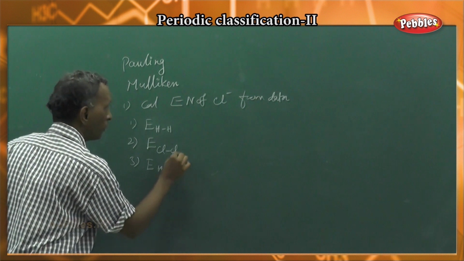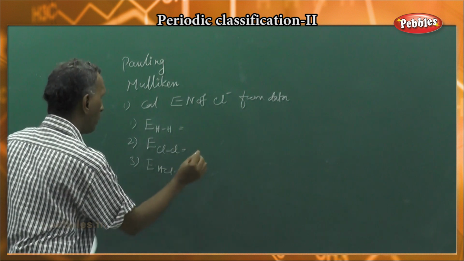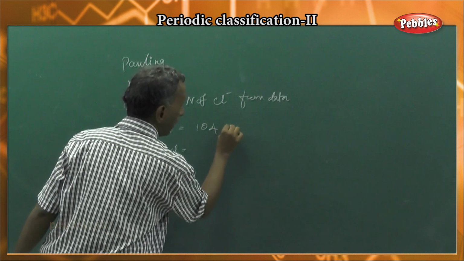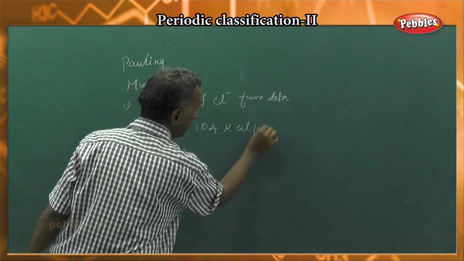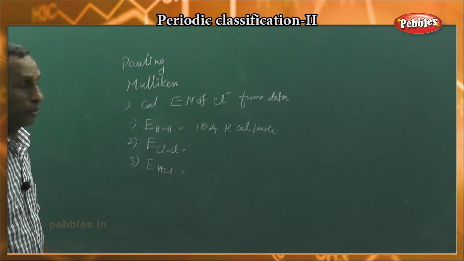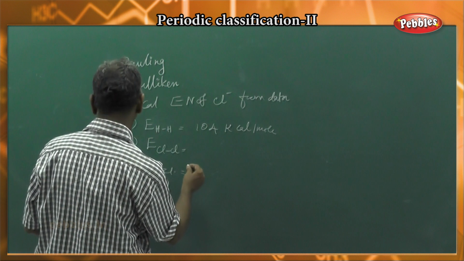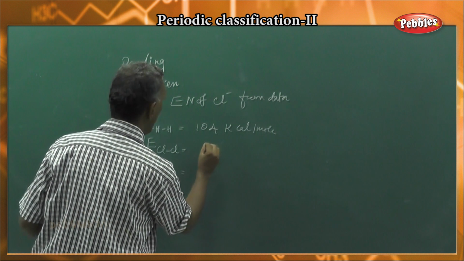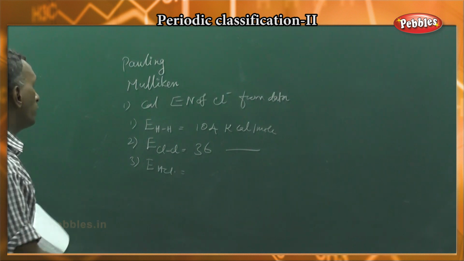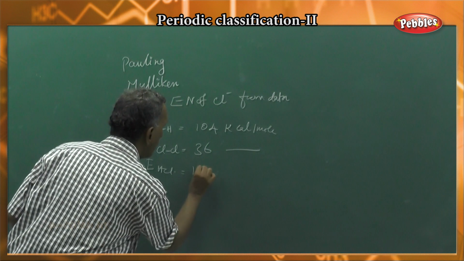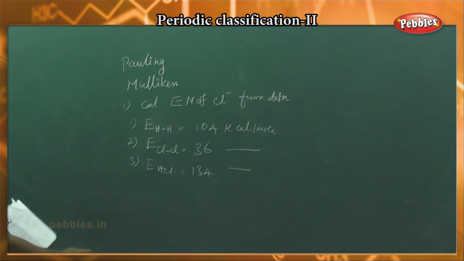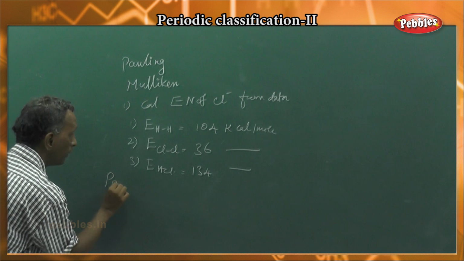All three are given. The bond energy of hydrogen molecule is given as 104 kilocalories per mole. Bond energy is the energy required to break the covalent bond between the two atoms. The bond energy of chlorine molecule is given as 36 kilocalories per mole. Bond energy of hydrogen chloride is 134 kilocalories per mole. We have to find the electronegativity. As per the Pauling's equation,